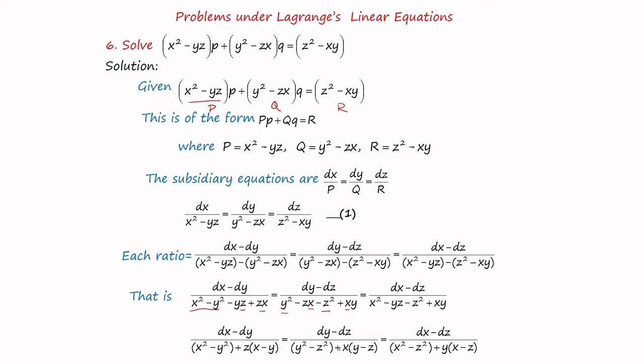Okay, so plus x you have to take outside, and here the y term is plus, so first you write that, and here the z term is having minus, so minus z. That will be equal to dx minus dz divided by, here x squared minus z squared you combine, and here y is common, so take plus y outside, and the remaining term you have is x minus z. Okay, and from that, this is our equation, dx minus dy by this term. So from that we have to